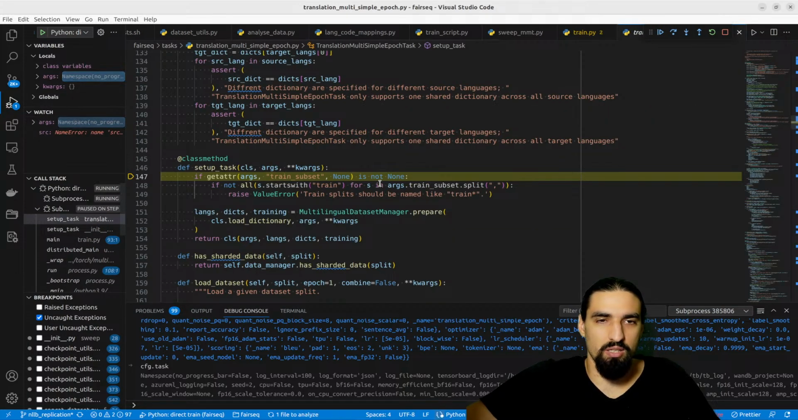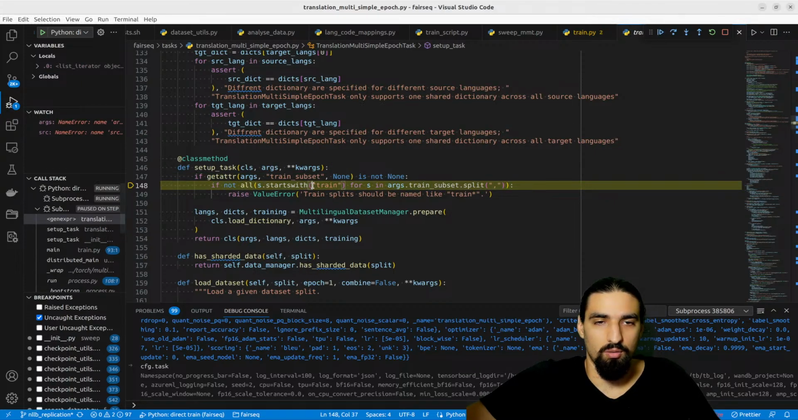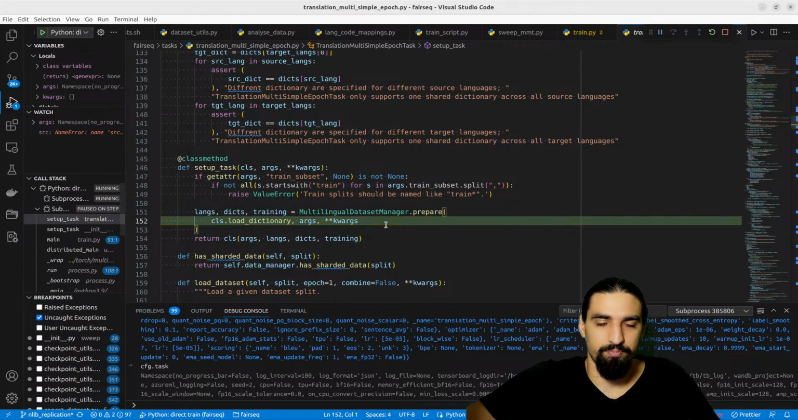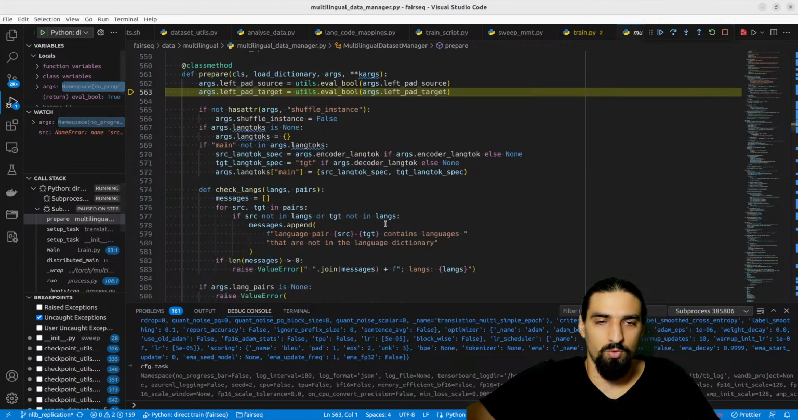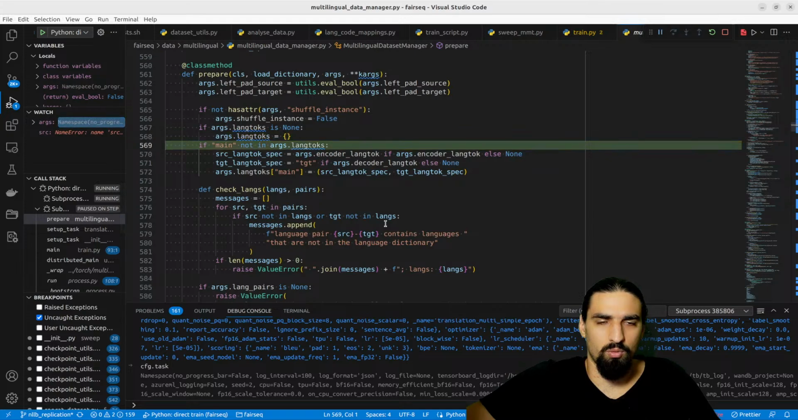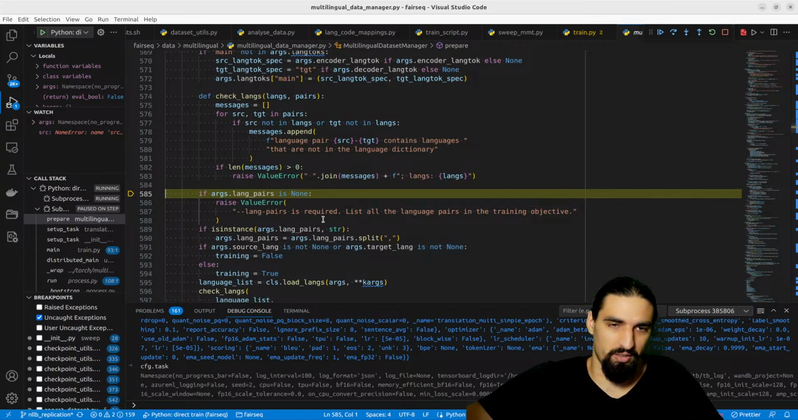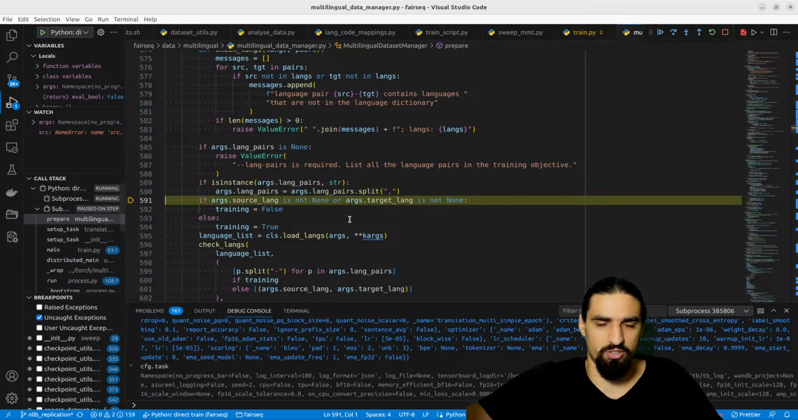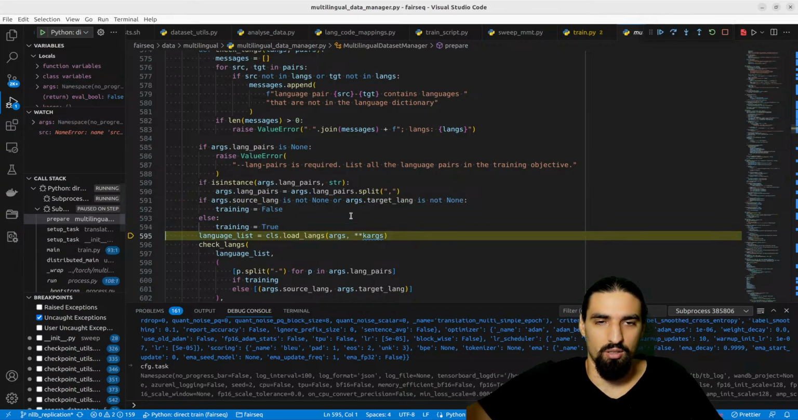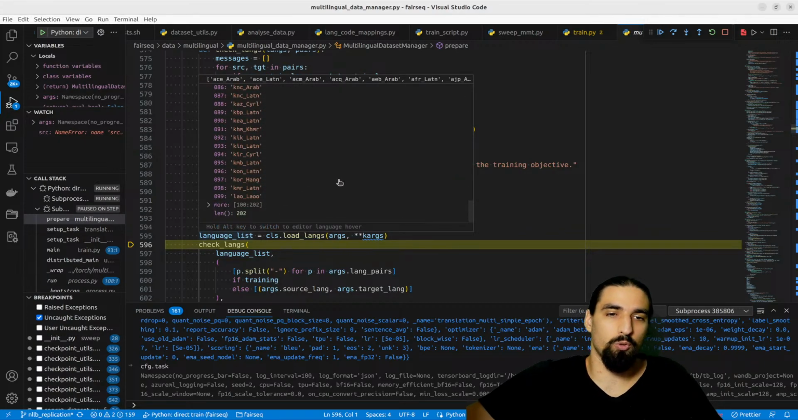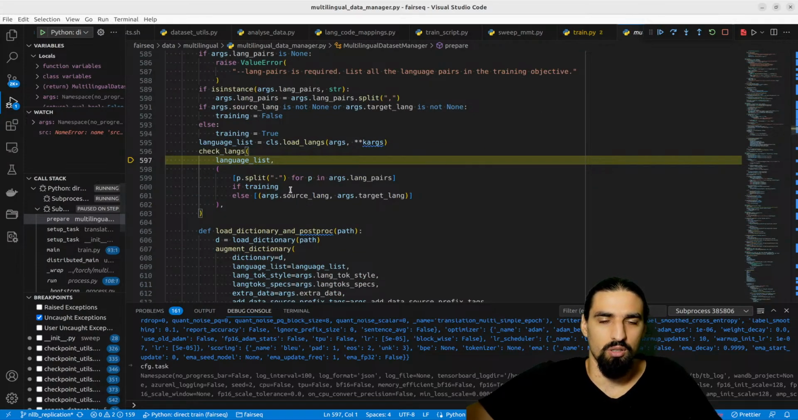And then we run setup task. Prepare. Again, keep in mind this is Fairseq. They use the same code path to run every single one of their trainings. Although to the best of my knowledge, they do have an internal version of Fairseq. Load languages. We load all 202 BCP47 codes, and then we check if training, which should be set to true, then